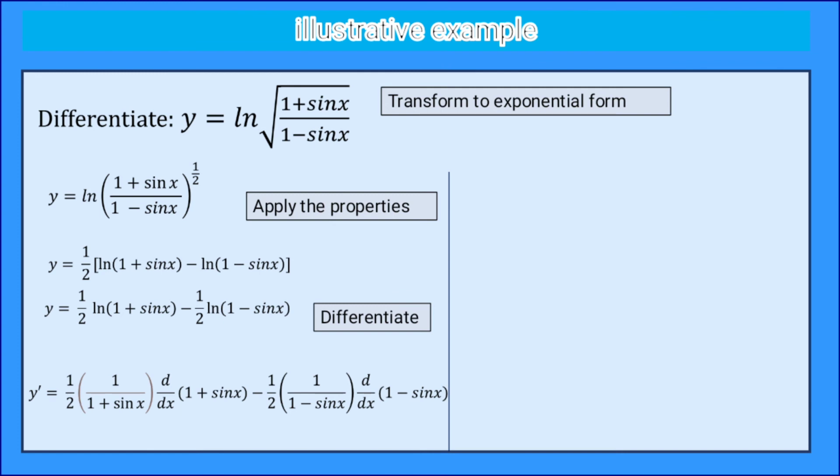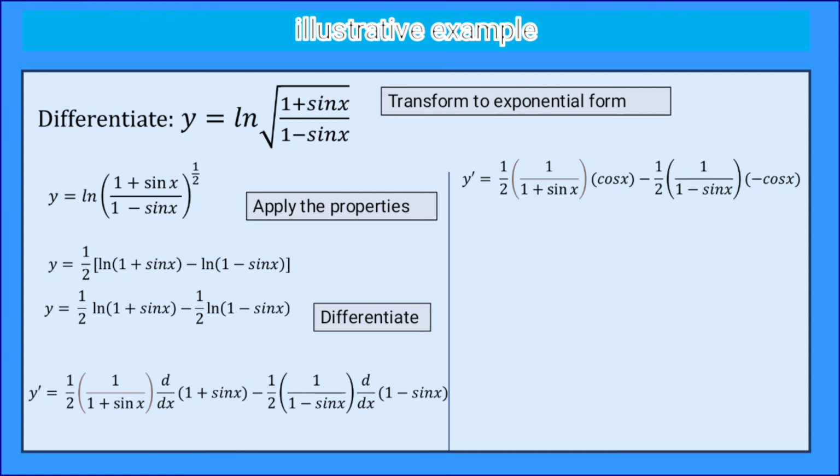So just focus on the positive sine x and the negative sine x. The derivative of positive sine x is cosine x, and the derivative of negative sine x is negative cosine x. So we have y prime equals 1/2 times the quantity 1 over 1 plus